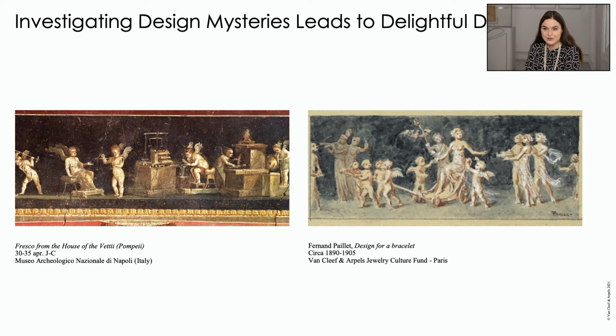Paillet was a French designer, P-A-I-L-L-E-T, who made these meticulous, tiny little paintings that would be watch faces or bandeaus for bracelets. And that is a blow-up of one of his designs, and we put it next to the Pompeii wall painting because where does the jeweler find his inspiration? How does he work meticulously? Where does he travel? I'm sure Paillet must have gone to Pompeii,